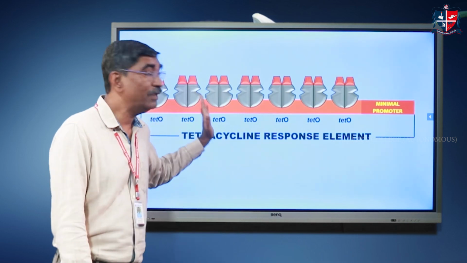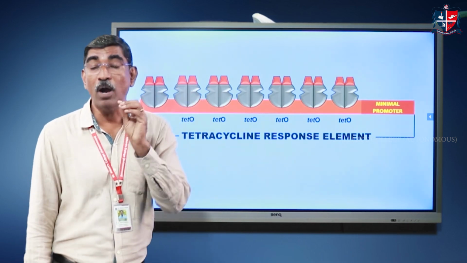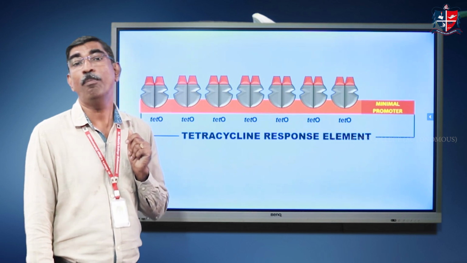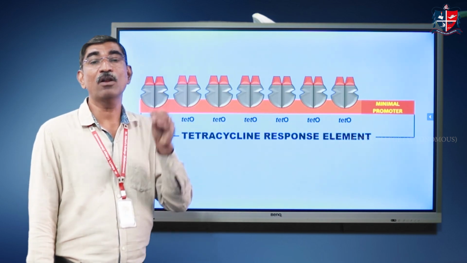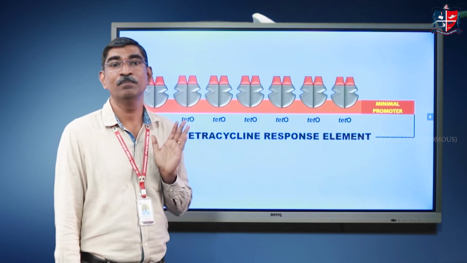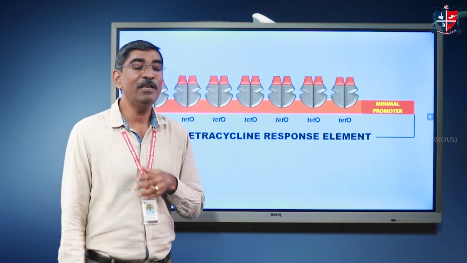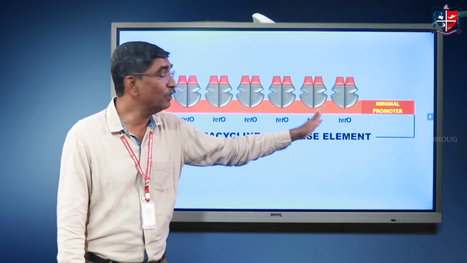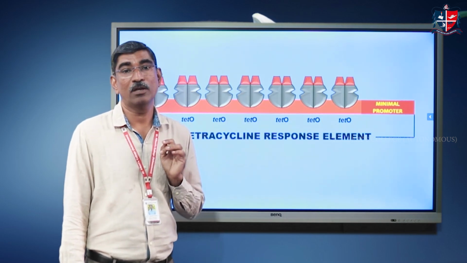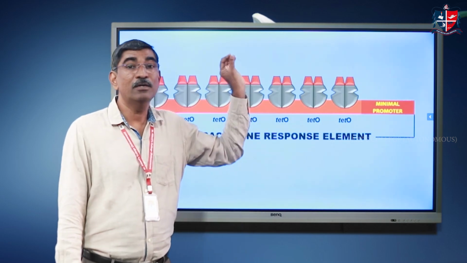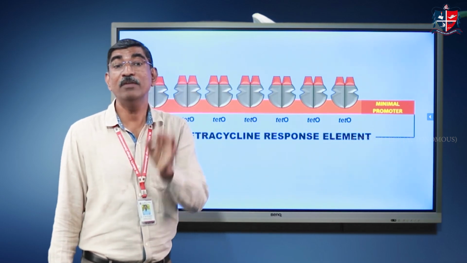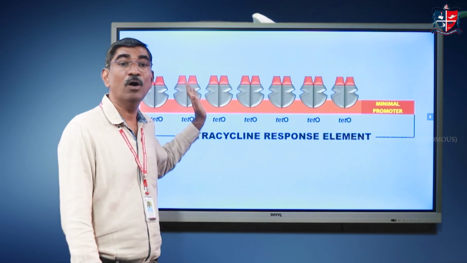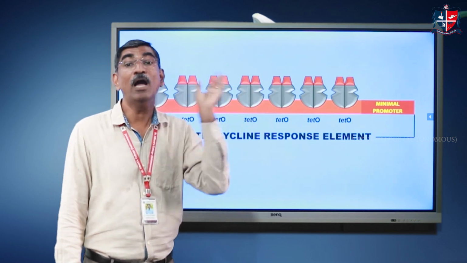When the fusion product is bound with the tetracycline operator, the transcription activators are also in place. That means they can initiate transcription from the minimal promoter. So the transcription from the minimal promoter will take place only in the presence of this fusion product at